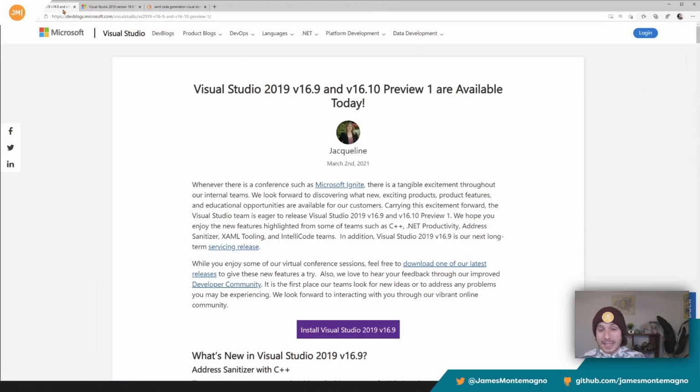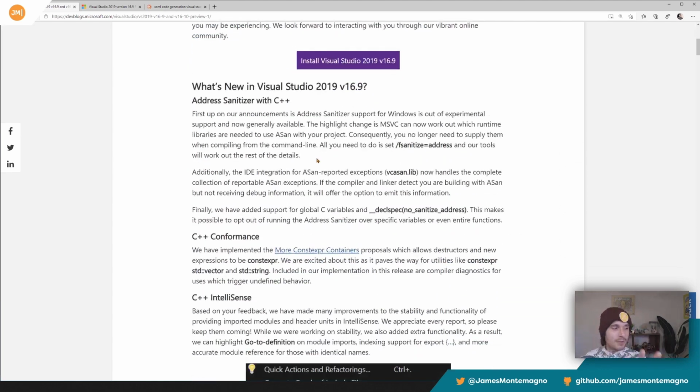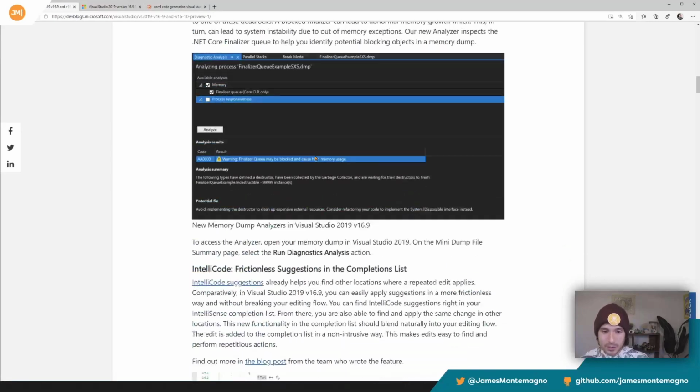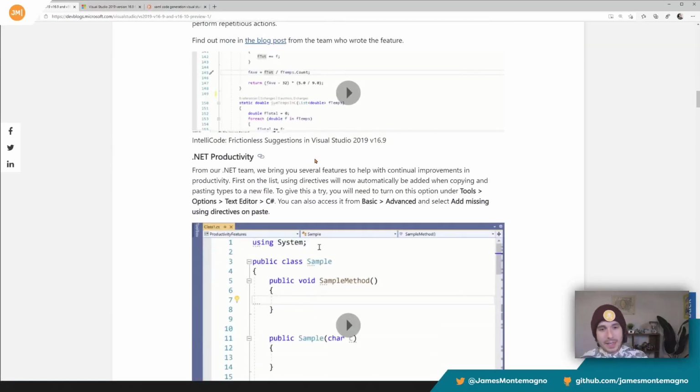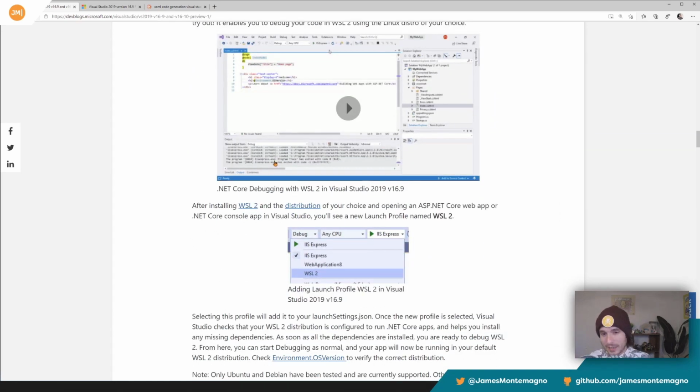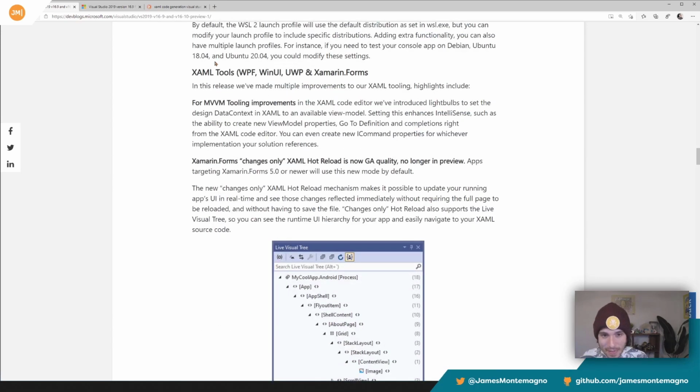All right, so here it is. This is the release blog about Visual Studio 2019 version 16.9 on Windows, which is absolutely awesome. There's tons of great features packed into this thing for every developer, no matter what you're building. So as you're going through, looking through it, IntelliCode, productivity, refactoring, keep going, WSL2, so much good stuff. And then this section,